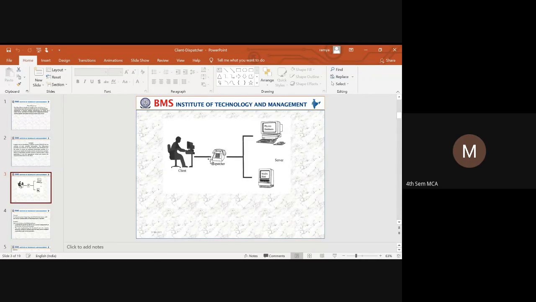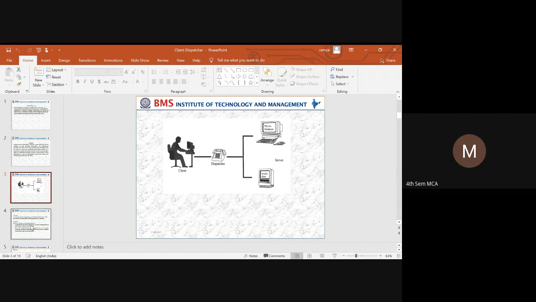Whatever service is requested will reach the dispatcher. Once the dispatcher receives the request from the client, the dispatcher has to identify the different services provided by the servers. So the server gets registered with the dispatcher, along with what type of services it will provide.